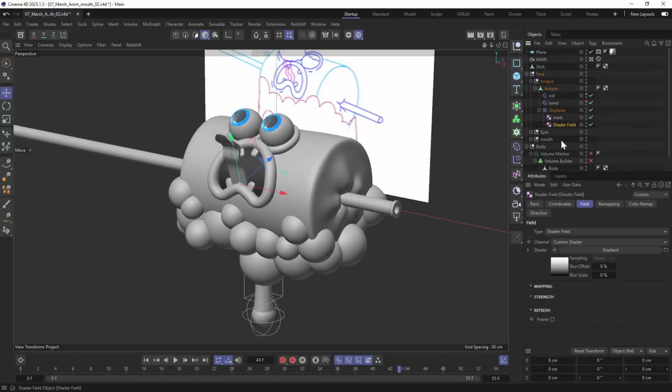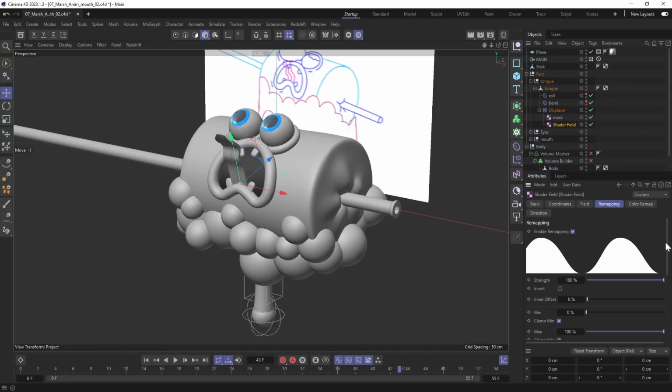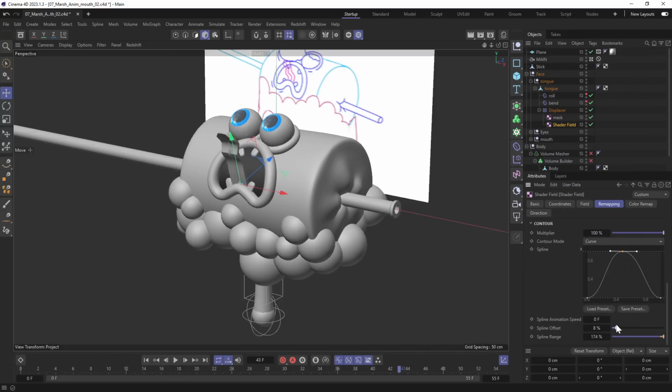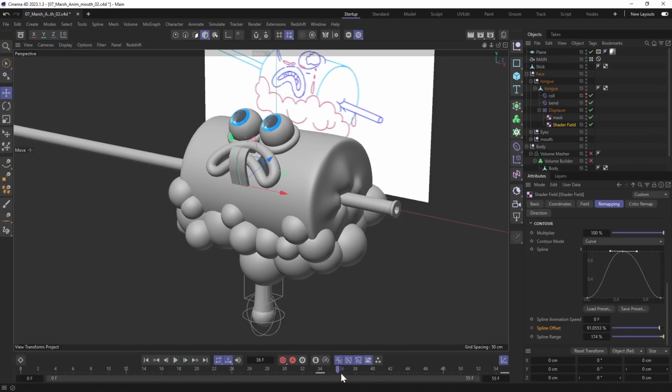Select a shader field which is responsible for the waves and will animate spline offset. I'll speed up the video and I'll just set 2 keyframes and pick such values so that I like the animation. Then I'm gonna make it invisible before it starts to roll out. It will happen probably in frame 37 or 36.